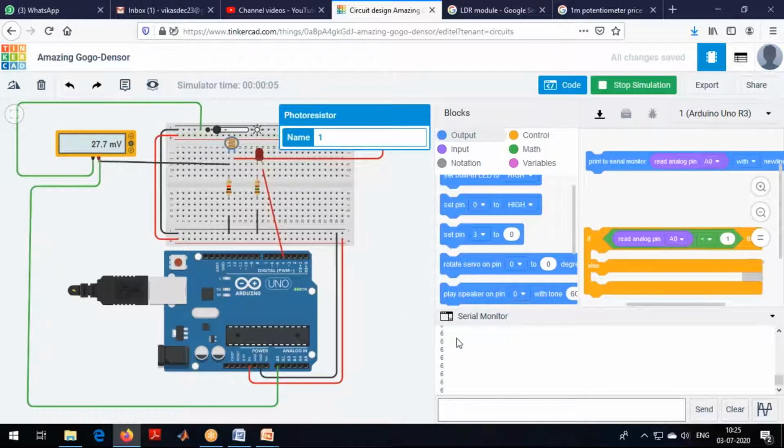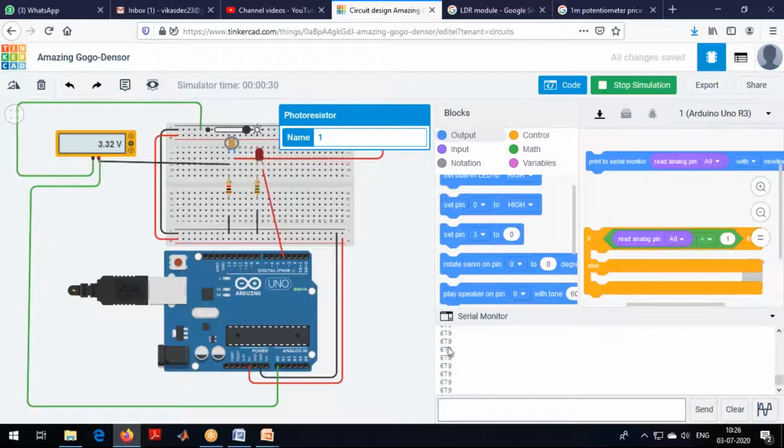When light is not there, you can see in the serial monitor we are getting 6. I'm increasing the light. The voltage is increasing, and in the serial monitor the values are increasing too. The maximum value we are getting here is 3.32 volts, and the corresponding value in the serial monitor is 679.